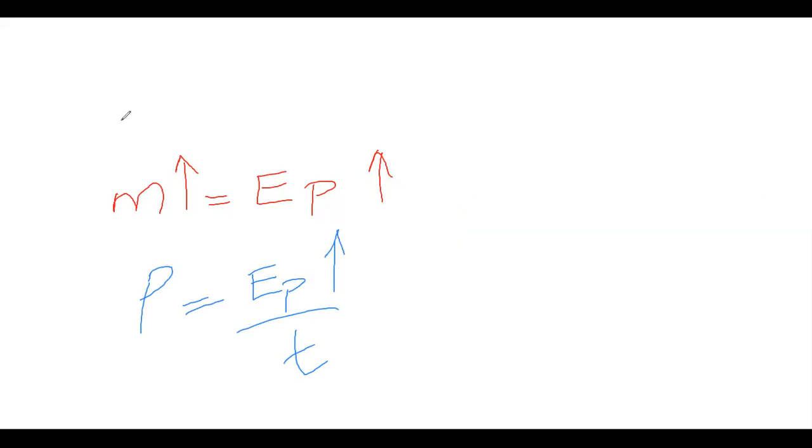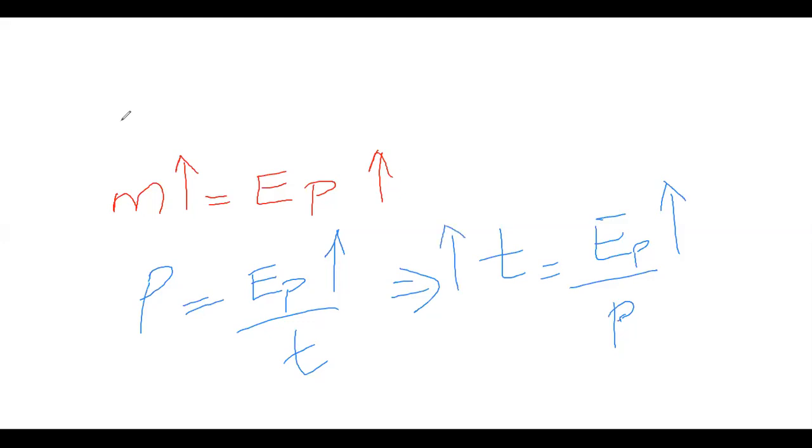If you change around this formula, T is equal to potential energy over power. So if your potential energy increases and your power stays the same, that means your time is going to increase as well. So if your package is heavier,